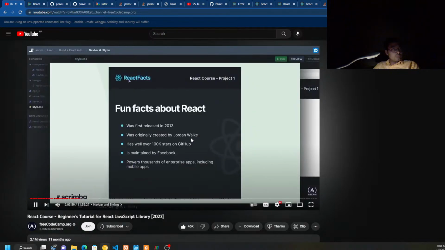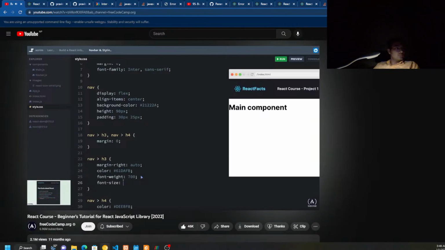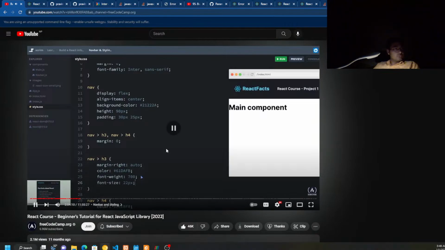And it kind of looks to me like React Facts maybe needs to be a little bit bigger. And yeah, I can see from the design that it has a font size of something around 22 pixels. Okay,